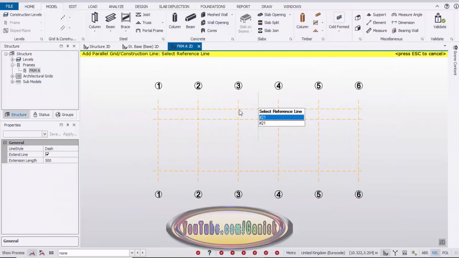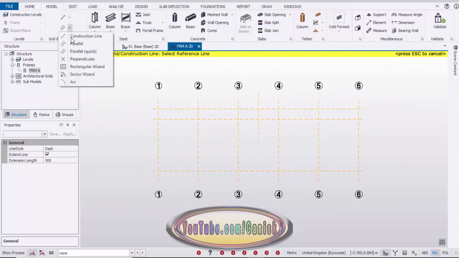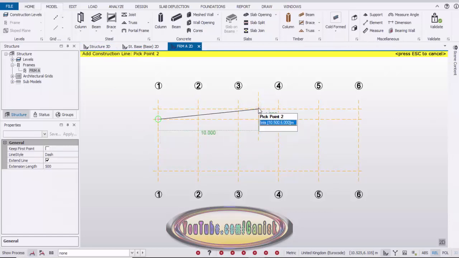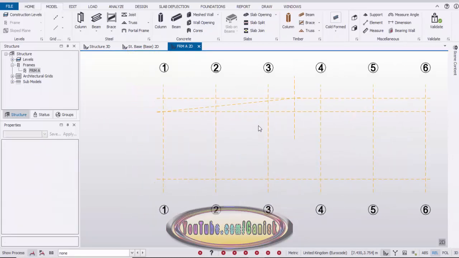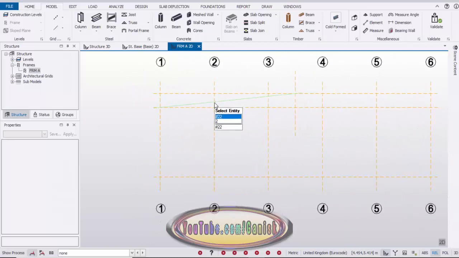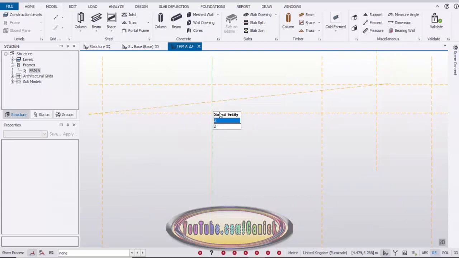Now we're going to create this inclined line. So click here and select this construction line, pick the first point and pick the second point here, then press Escape to exit the command. Now we're going to measure the distance along grid 2 and grid 3 at the intersection of these two grids.